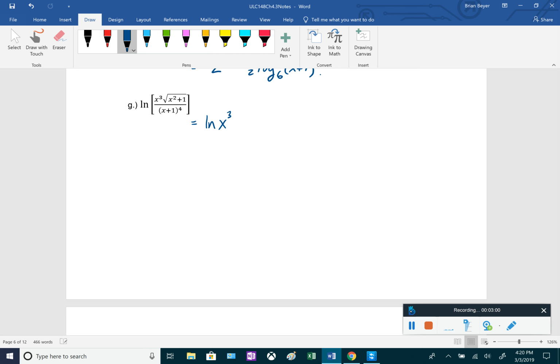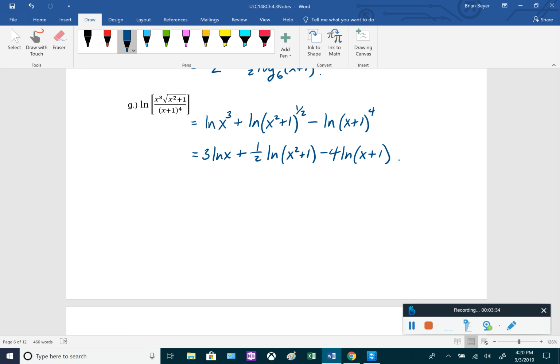So it's going to be positive ln of x cubed, because it was in the numerator, plus ln of, I'm going to give the x squared plus 1. I'm going to change the square root to an exponent of 1/2 right now. And then it's going to be minus the ln of x plus 1 to the 4th, because that was in the denominator, so that one's negative. So this is all going to be power rule now. So 3 ln x plus 1/2 ln x squared plus 1 minus 4 times the ln of x plus 1. So being able to do a couple things in one step is going to be a little bit easier. So for the next one,